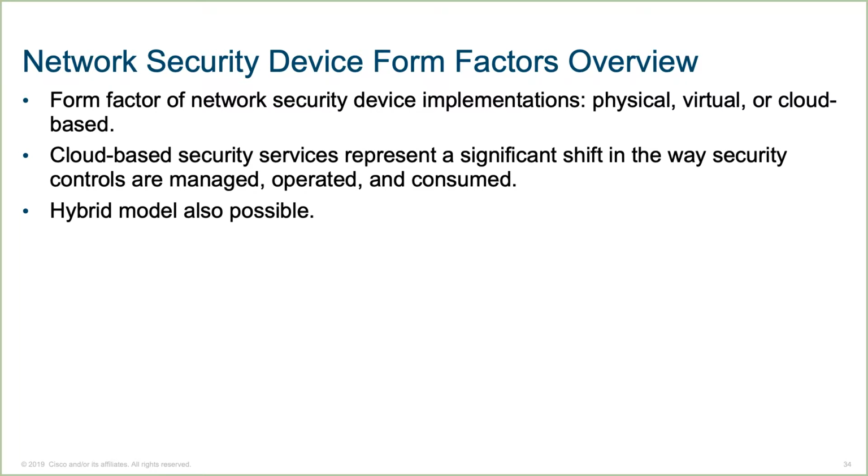But what I mean by kinds of categories is we have physical security appliances, let's say laying my hands on an actual physical Firepower 4000 series appliance, or a virtual firewall, maybe in the form of an ASAv, or even cloud-based security services, as is available today with, again, the enhanced suite of services offered by Cisco Umbrella. Again, keeping in mind that we can have a hybrid model, especially with enterprises today being more of a hybrid of physical and virtual, on-premise, and even cloud-based services.